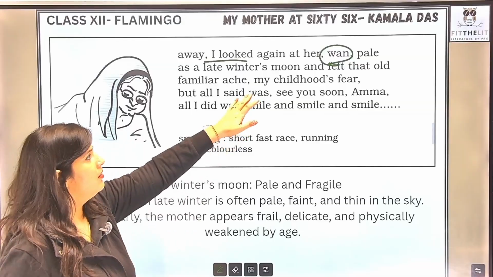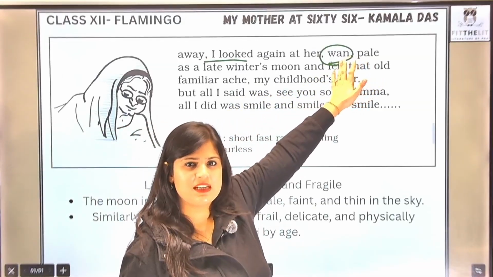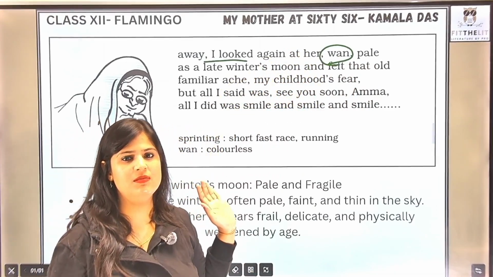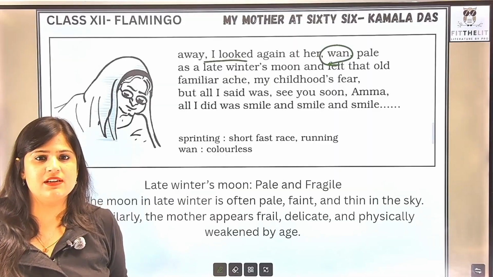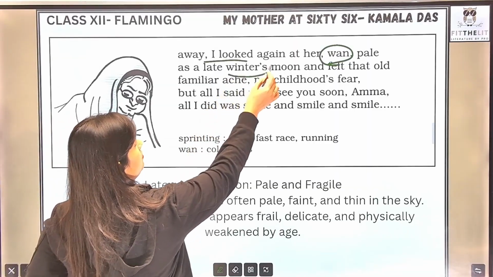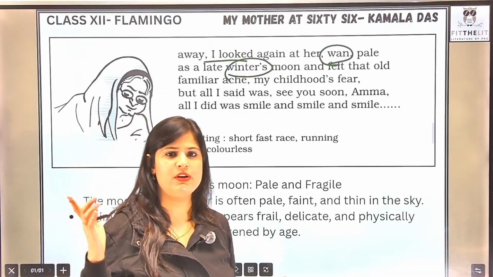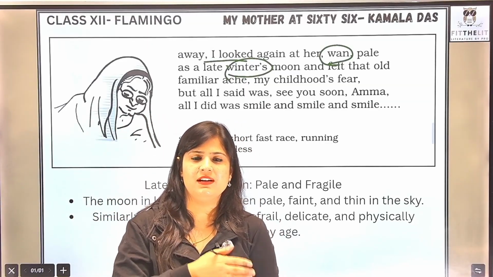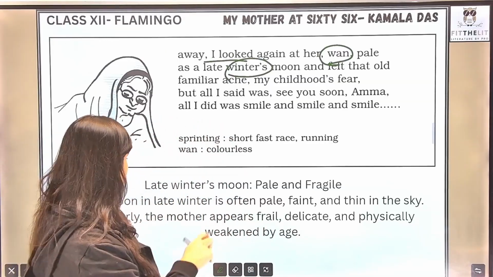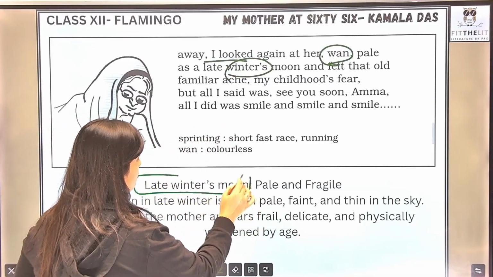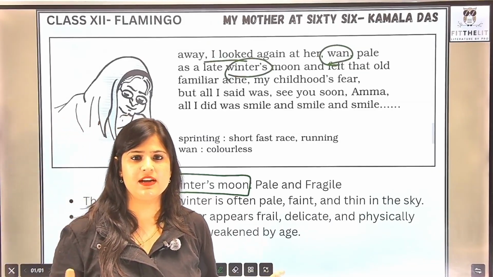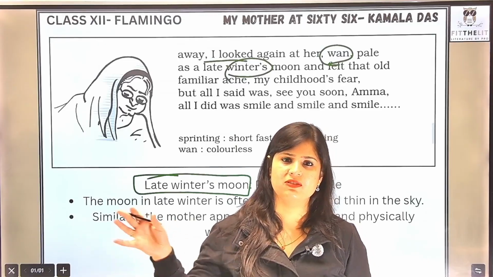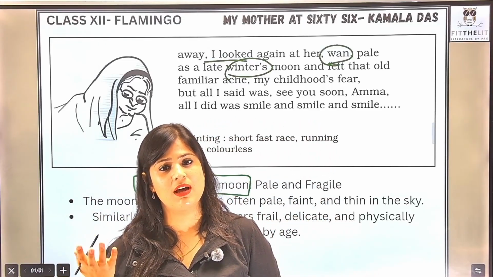So again, wan जब उसने बोल दिया word तो हमें समझ आना चाहिए she is already talking about moon, and here she has again introduced the term moon, but it is late winter's moon. As I said, winter जो हमारा context है, literary context, I told you कि winter is used for human cycle, right? Winter is used for human cycle to refer to old age. तो old age यहाँ पे late winter's moon का मतलब 2-3 निकल के आते हैं, right? And this is the question that CBSE likes to ask a lot. बहुत बार आ चुका है ये question कि what does this phrase late winter's moon actually mean?